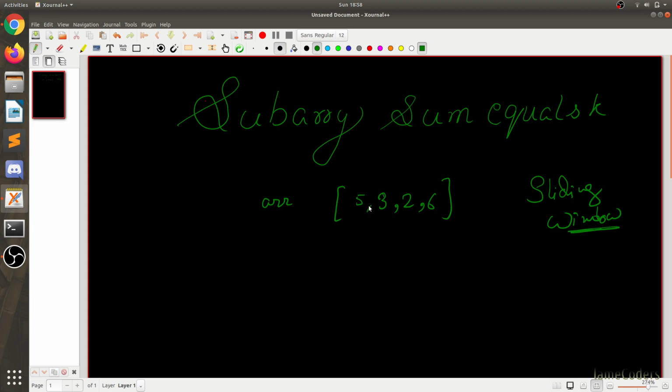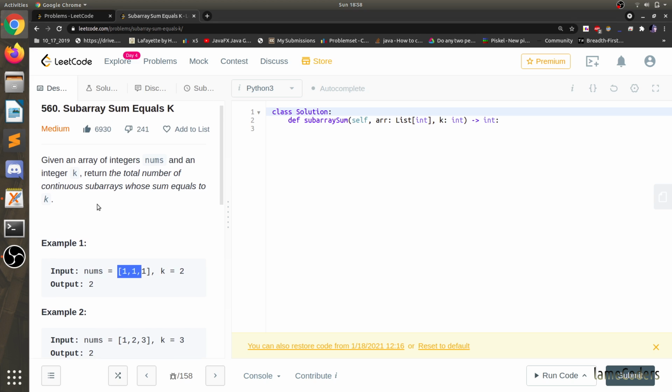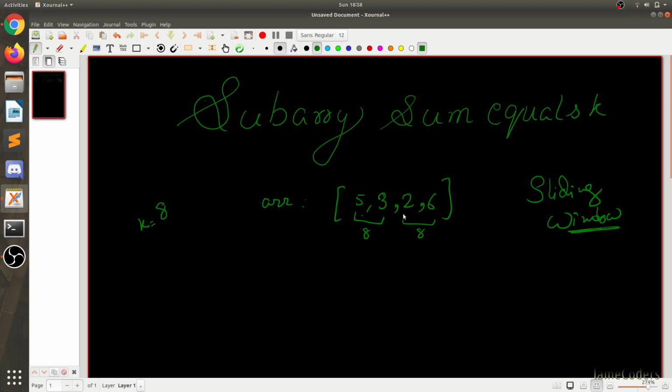Let's suppose k is 8. So 5 plus 3 is 8. 3 plus 2 is not 8. 2 plus 6 is 8 again. But the thing is, what should be the length of the subarray? For that, what we do, we will check for the first. Okay, if this 5, this 5,